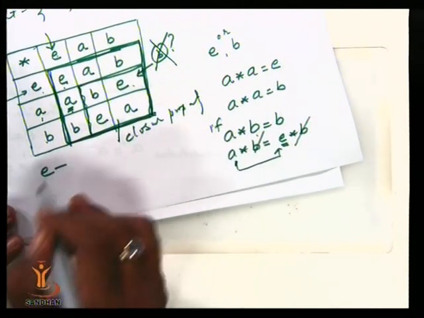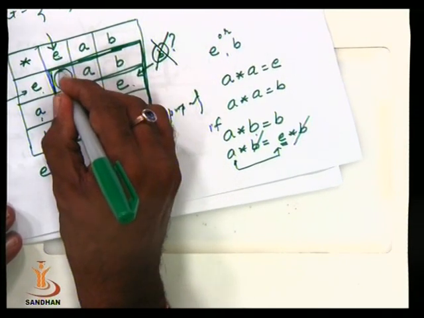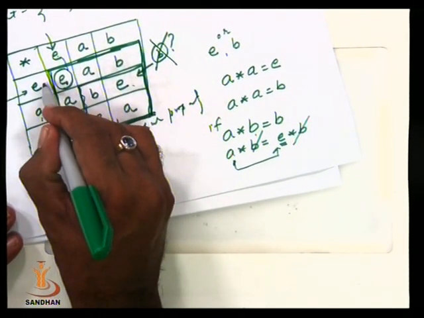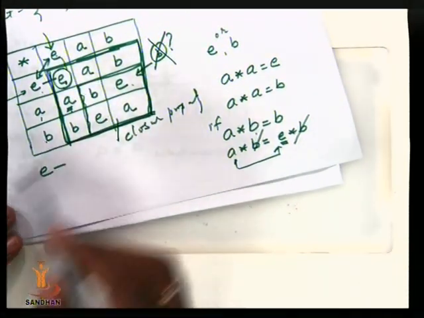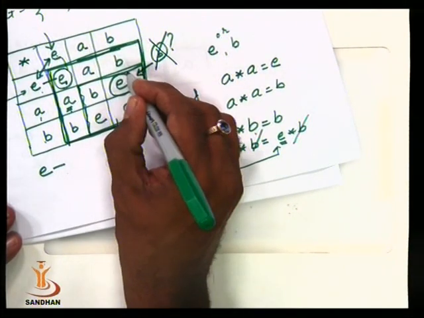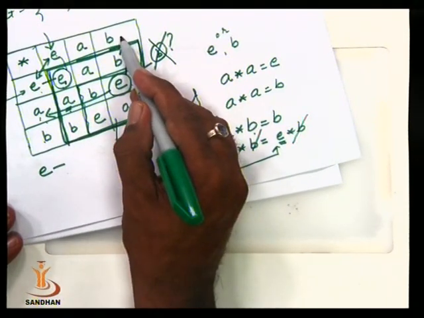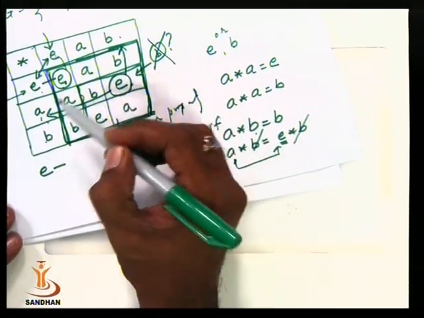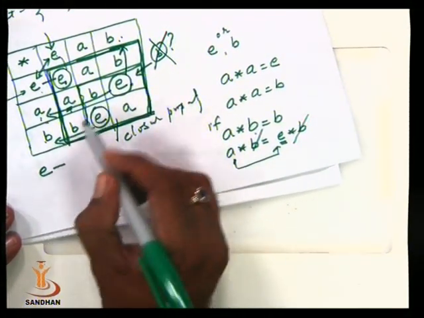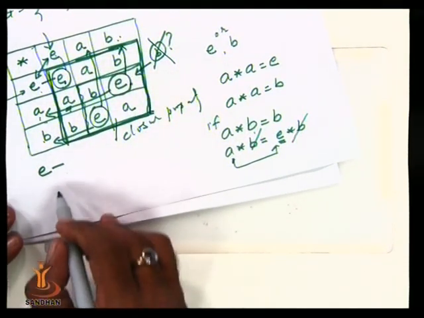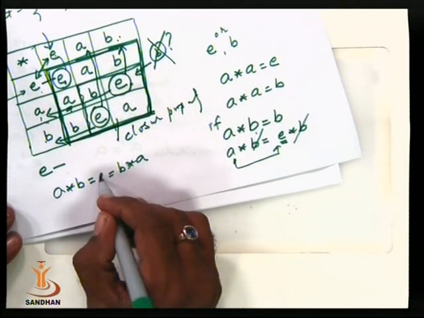That means E works as the identity element, and for inverses, let us find E. E comes from E product E. That means the inverse of identity is identity. The second E comes from the product of B with A. That means A star B is equal to E. That gives us the inverse of A is equal to B. And in the same way here E comes from the product of B and A. So A star B is equal to B star A, and this gives us the identity element.